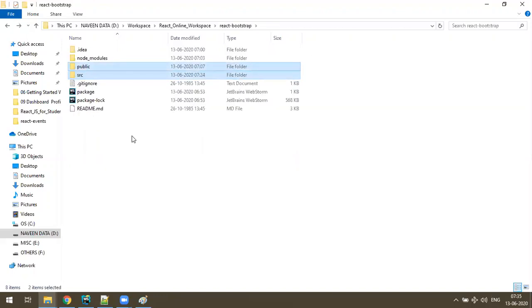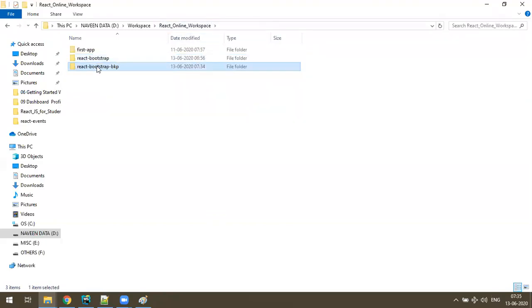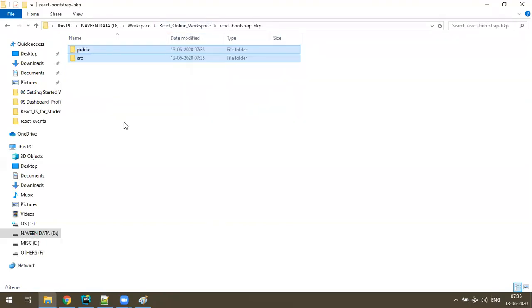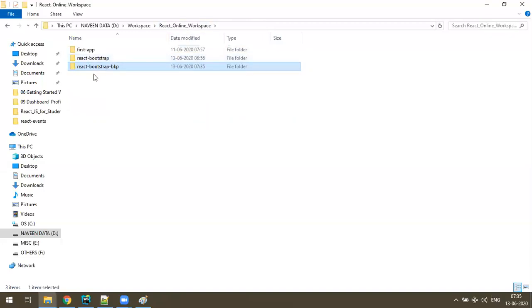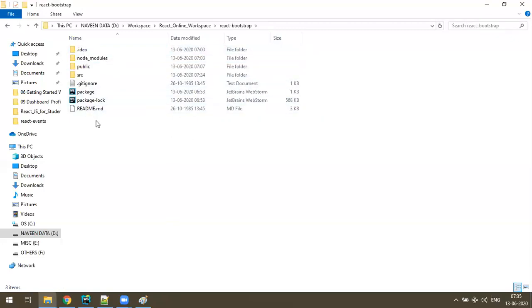So if we take a backup of these two, you can use it for any application. So I just copy the public folder and src and keep them in the backup. So that's it. This is the source code of your React Bootstrap application. Now you can use it for React Social.